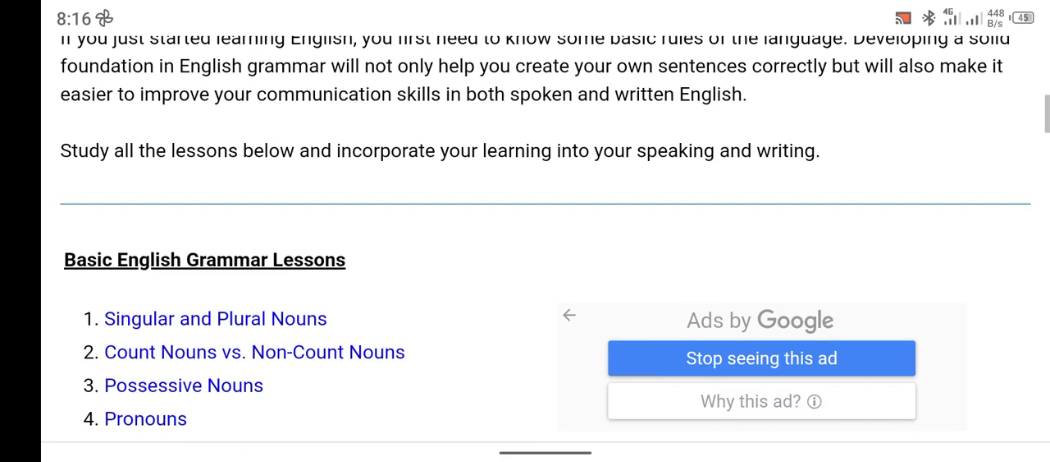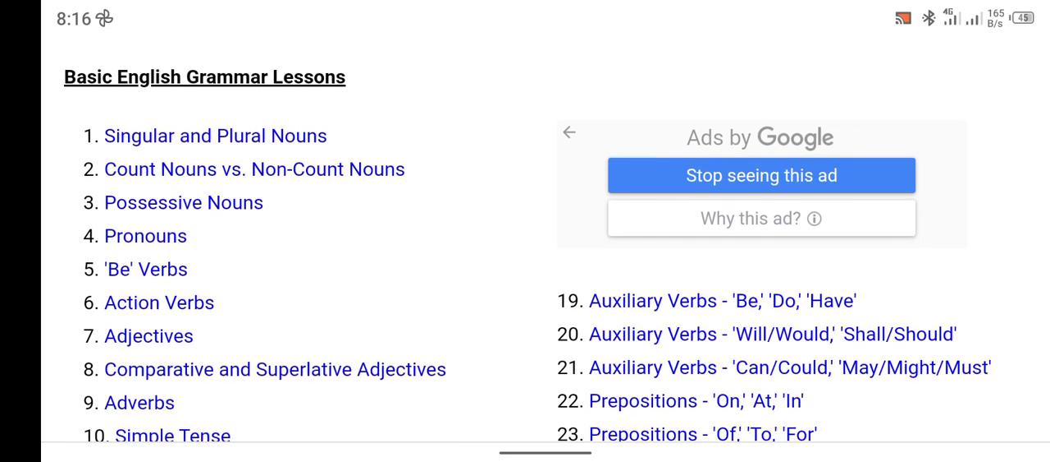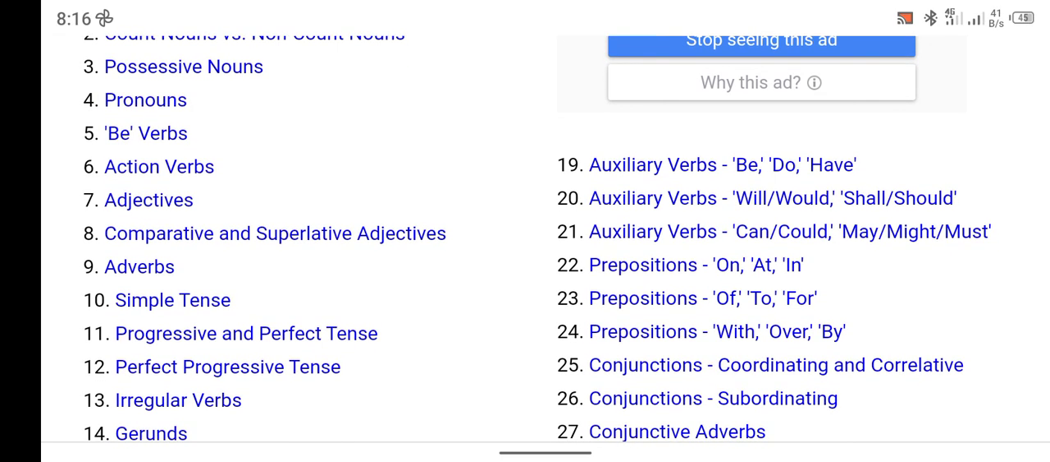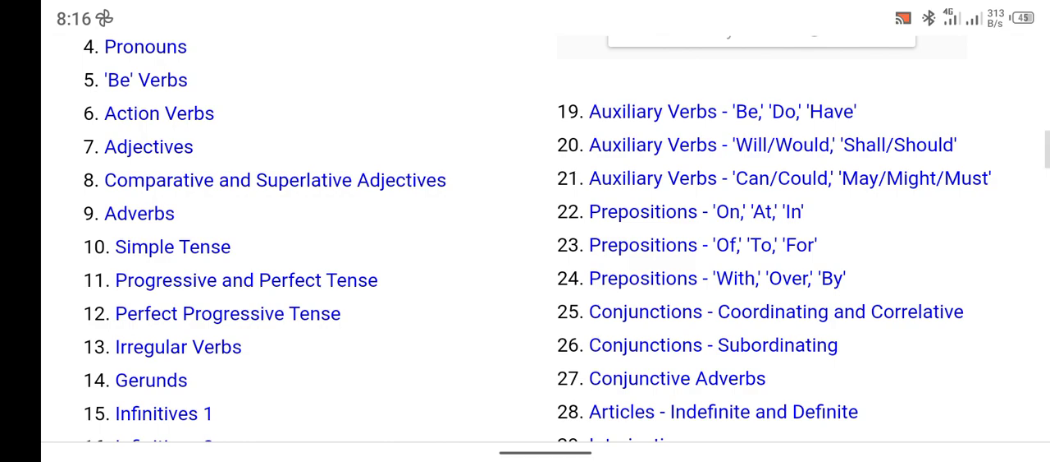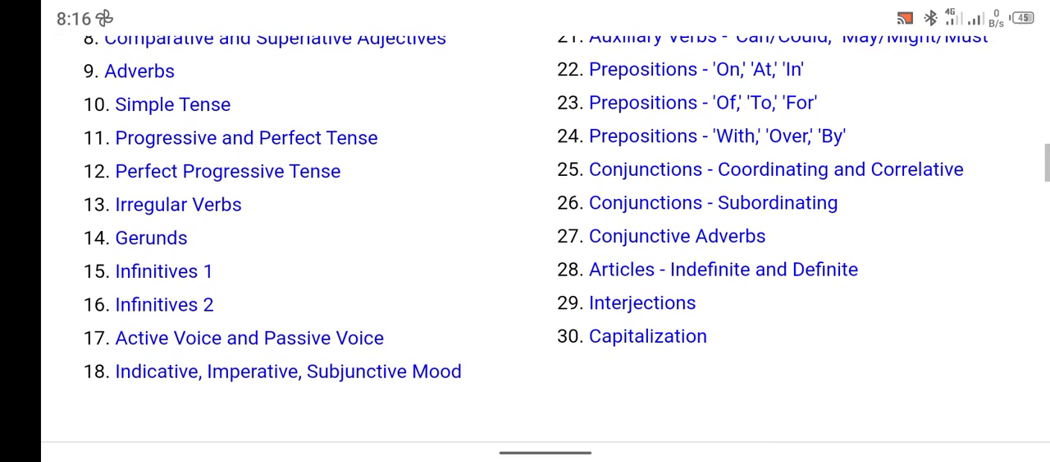So, I will discuss basic English grammar lessons: singular and plurals; second, count nouns versus non-count nouns; possessive nouns, pronouns, be verbs, action verbs, adjectives, comparative and superlative adjectives, adverbs, simple tense, progressive and perfect tense, perfect progressive tense, irregular verbs, gerunds, infinitives one, infinitives two, active voice and passive voice,